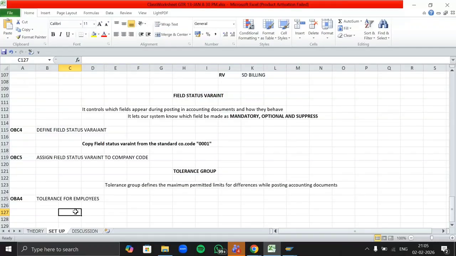Basically, for tolerance for employees, we do this configuration to let our system know up to how much value any of our users can post a transaction. For example, say I'm working as an end user in my company along with one of my colleagues. I'm working at a junior level and my colleague is working at a senior level.